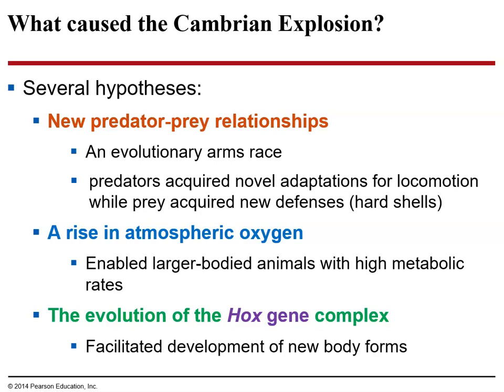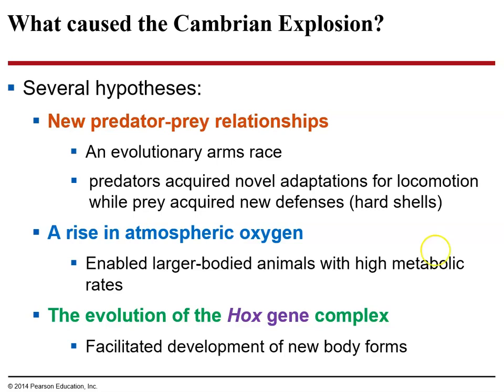So, with that oxygen, larger bodied animals that had higher metabolic needs were supposedly able to exist. And another possible hypothesis is the evolution of this gene called the Hox gene complex, which